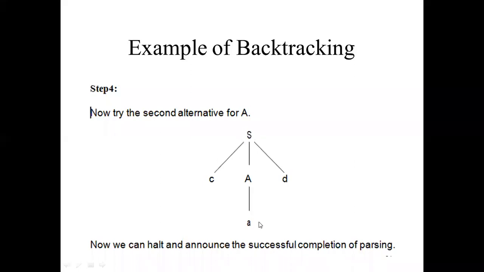Here we are able to achieve our output, and this is called a successful match, the successful completion of parsing. This first method is called top down parsing, also known as left to left parsing.